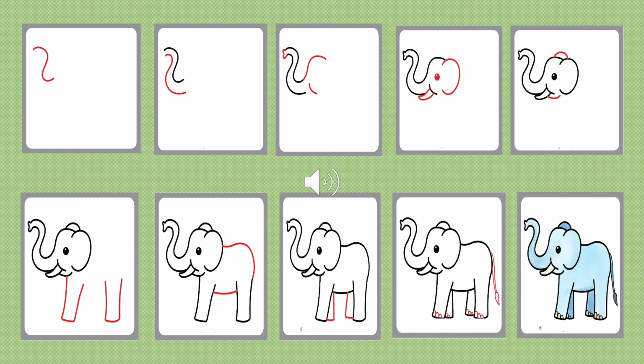Elephant, a huge animal. Follow these steps. Try to make the cute elephant in cartoon style. Besides this, you can also draw the elephant with geometrical shapes like a small oval or circle for the mouth and a big oval or circle for the body, and for the legs you have to draw rectangles and then give the shape of the elephant legs.